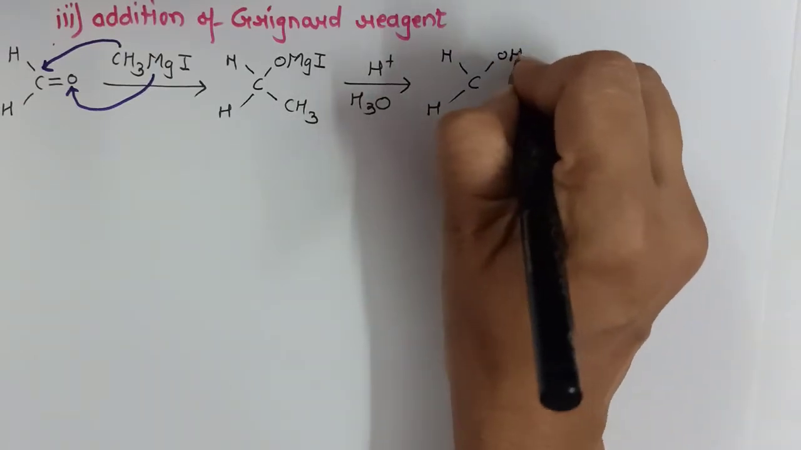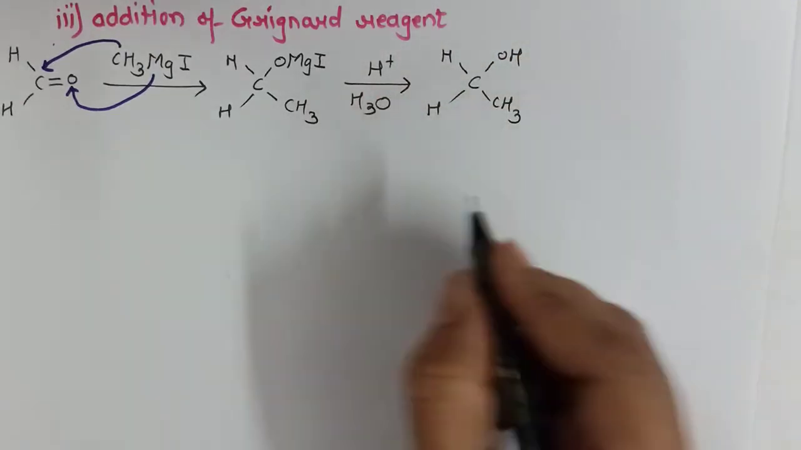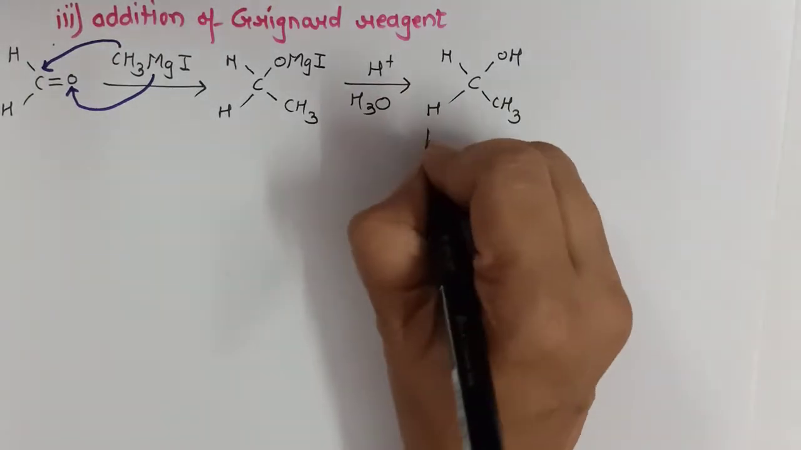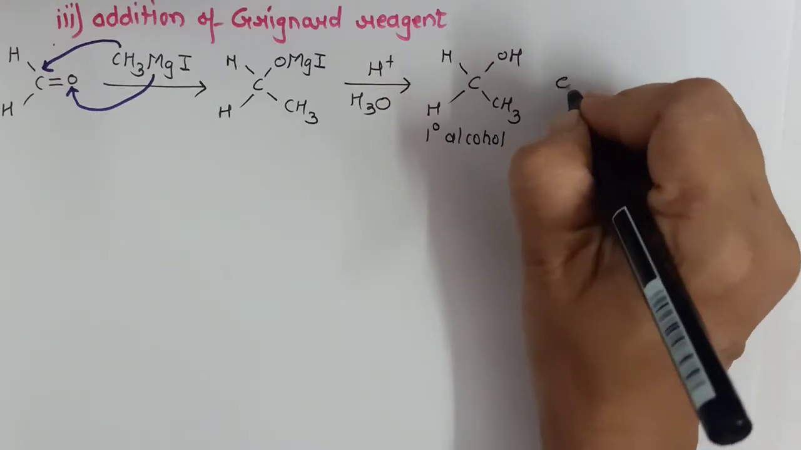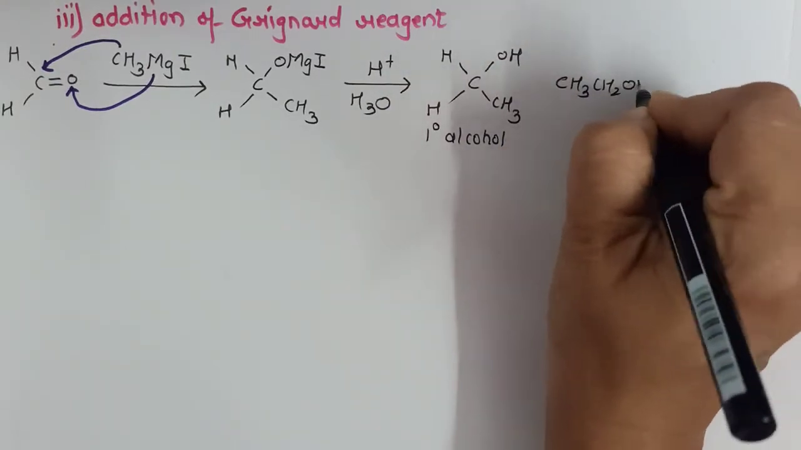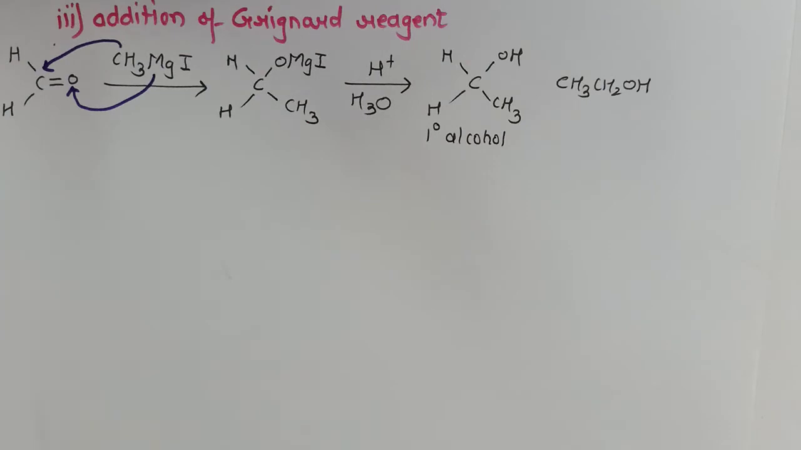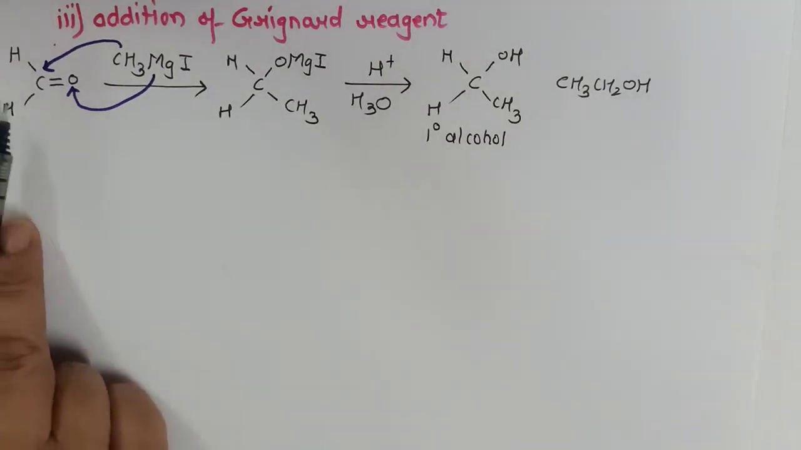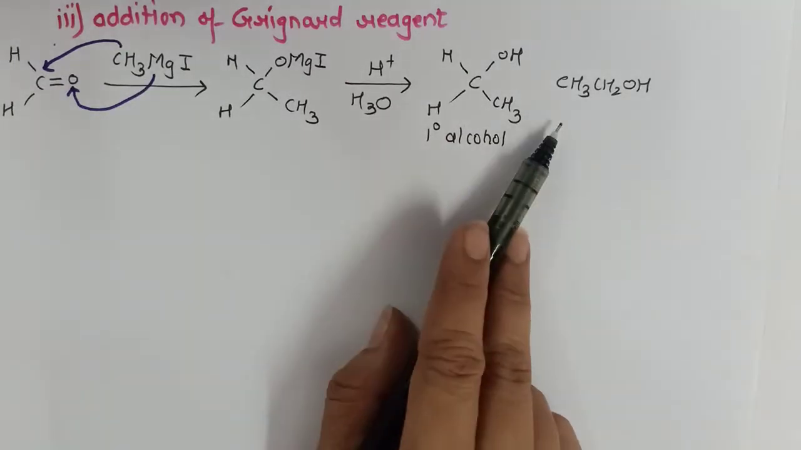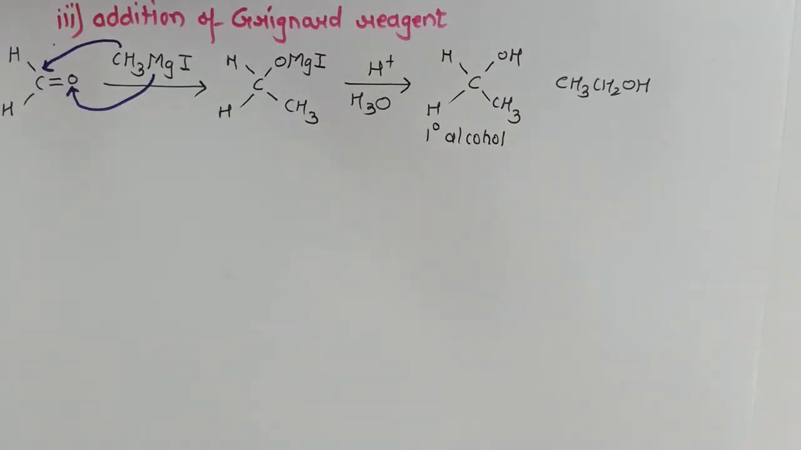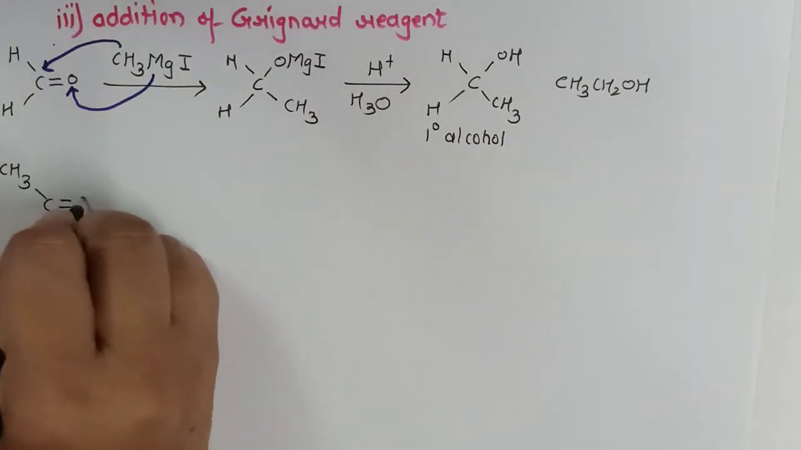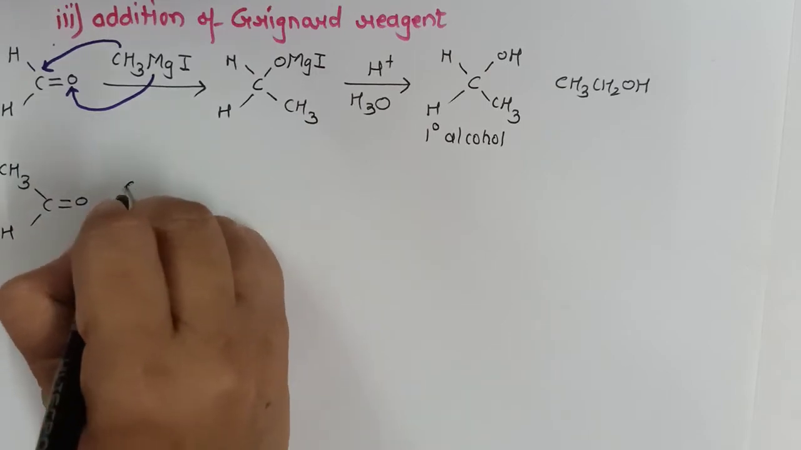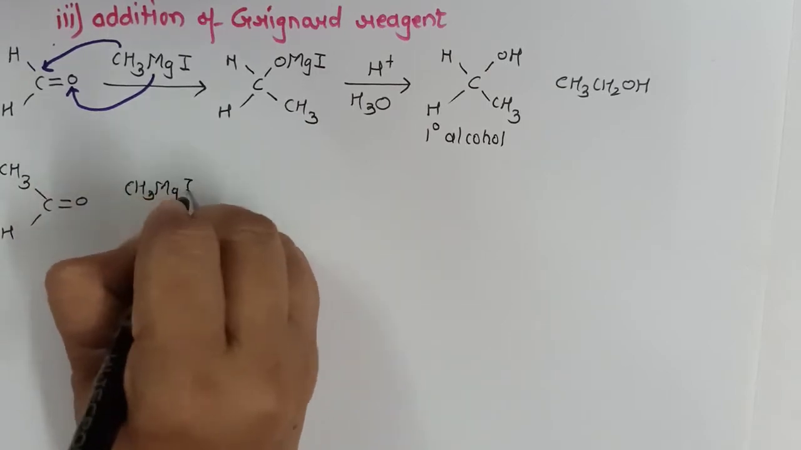we will get 1 degree alcohol. The same product I can write as shown. So this we have already seen in the preparation of alcohols, that formaldehyde when treated with Grignard reagent gives us 1 degree alcohol. Now for an aldehyde other than formaldehyde, for example ethanal, when treated with Grignard reagent,